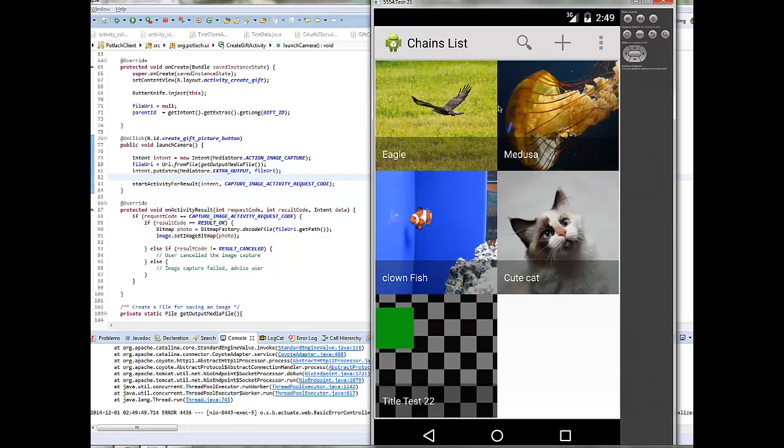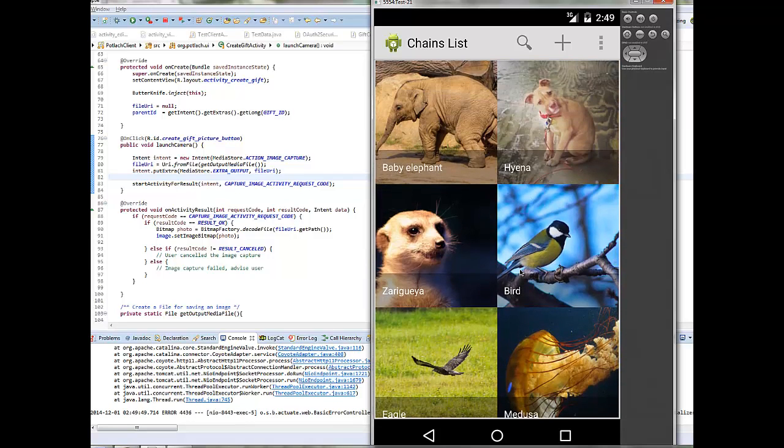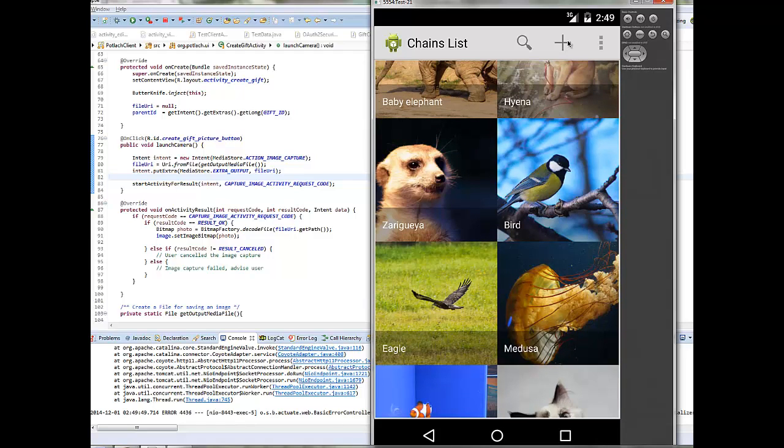We have also the test that we already created, and I think